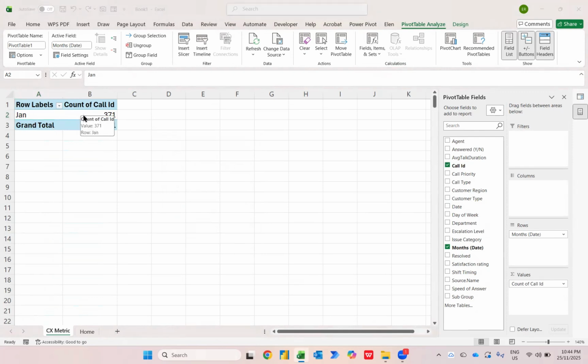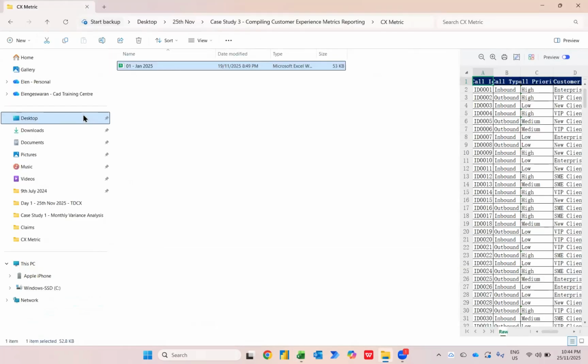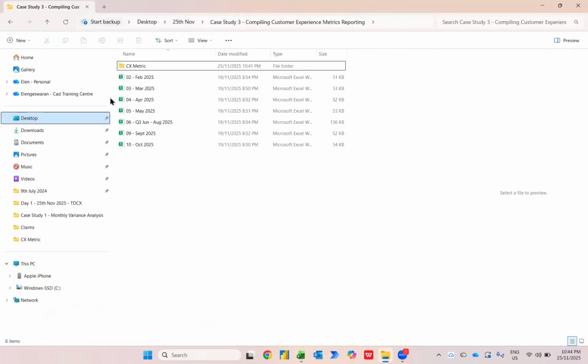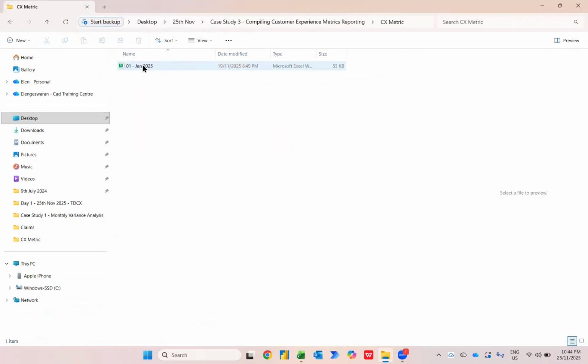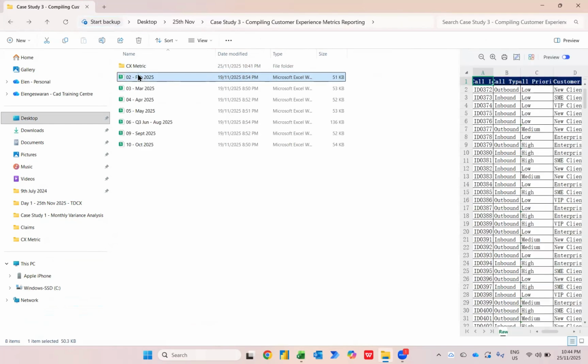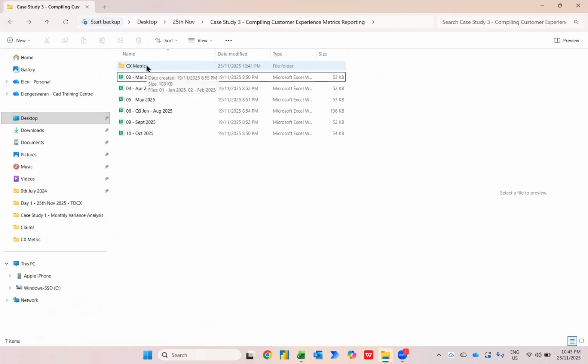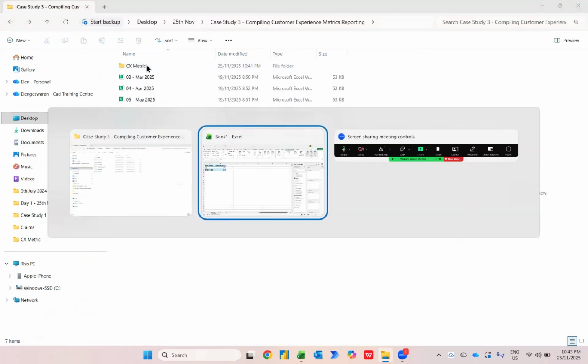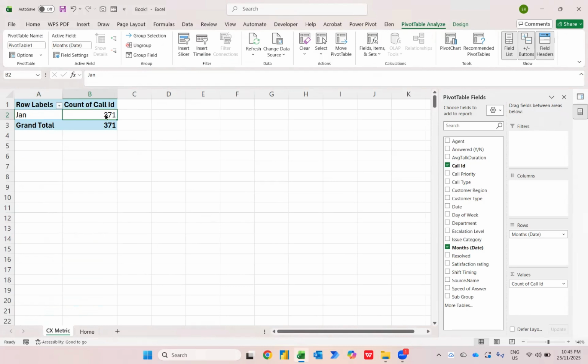So now what I'll do is, I go back to my folder, because in this particular folder, which we imported just now, we have one file which is 01 January 2025. So what I need to do is, I will select the February file and I'll just put it inside over here. By putting it inside over here, my next thing is I'll just press right click